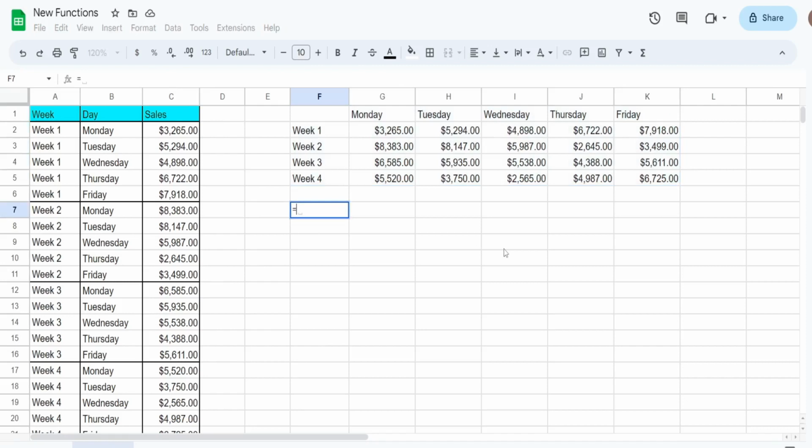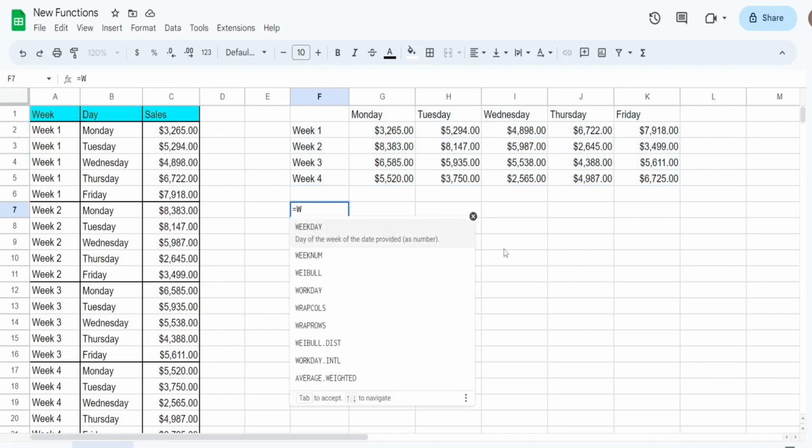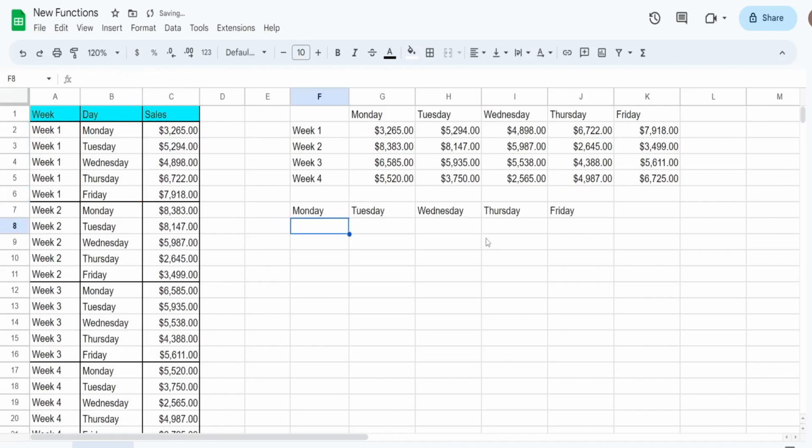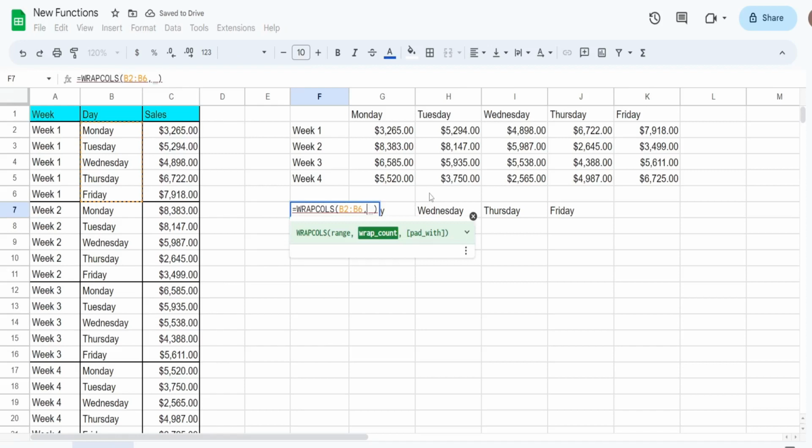So I'm going to begin with the WrapCols function. The first input is the range. So I'm going to keep it simple here and take this column of weekdays. So that's one column by 5 rows. The second input is the wrap count. Now think of this as how many rows do you want to display? If I wanted to display one single row, it would look like that. If I want to display 2,